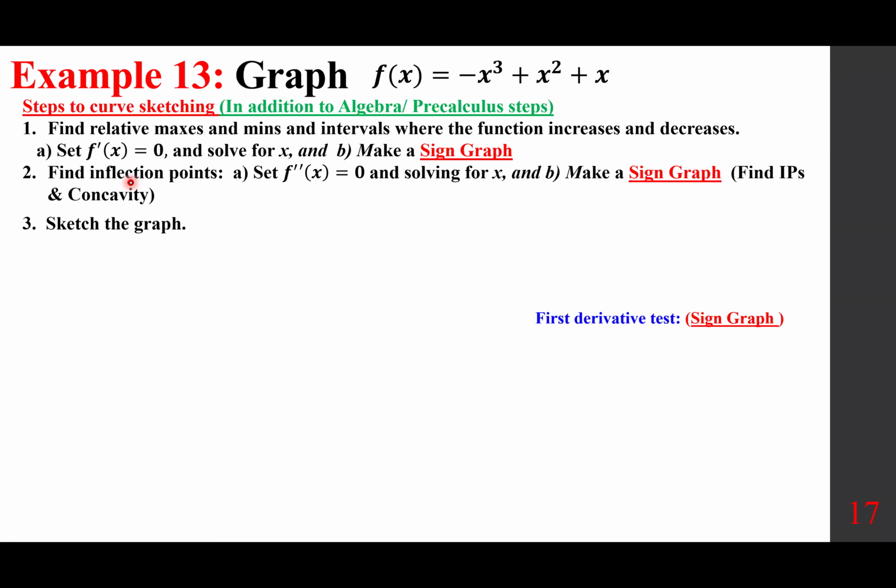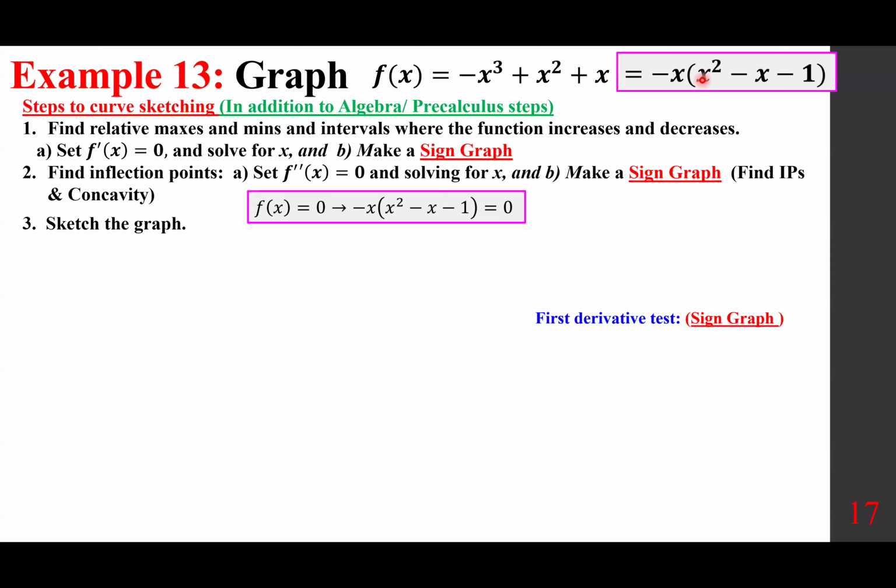To find the intercepts, number one, this can be factored out. If I take the negative x out, I get x squared minus x minus 1. And the reason I'm taking negative x out, everybody, is because if this could be factored, I want the coefficient for the leading term, namely x squared, to be positive. It can't be factored. So I'm going to set this equal to 0. And setting this equal to 0 gives me x equals 0. And then this one equal to 0 requires a